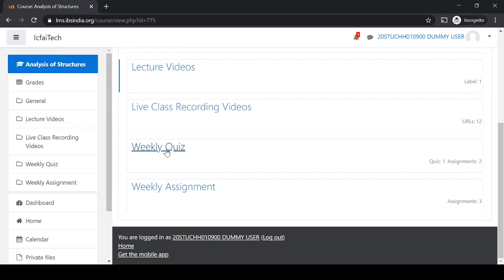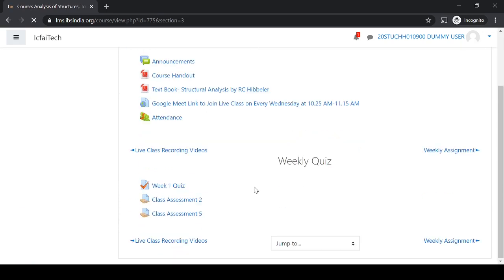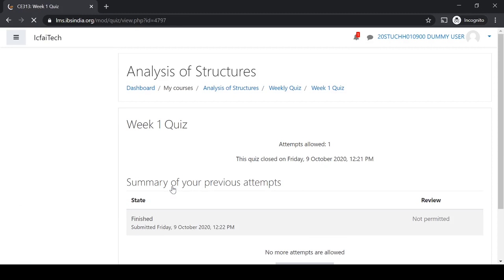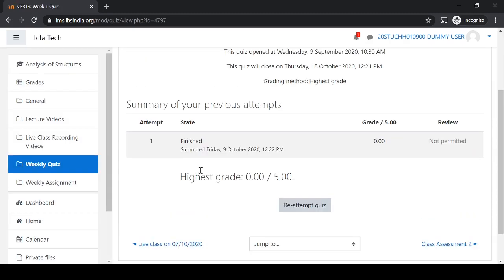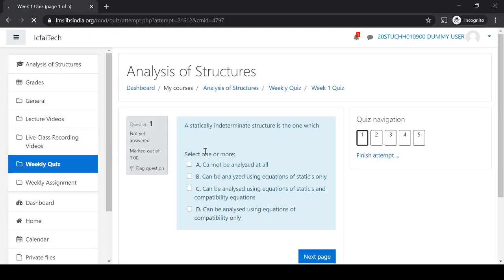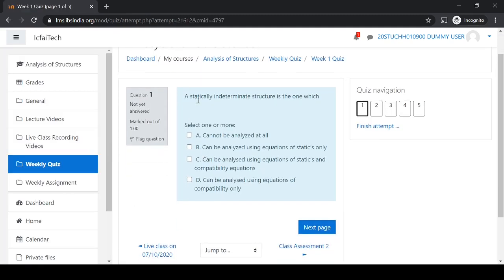Now next, I'll demonstrate how to attend the online quizzes. So click on the quizzes. So here you have many quizzes. Just click on the week 1 quiz, whichever quiz we want to do. So once you come to the quiz page, here you will see attempt quiz. So click on attempt quiz, and the quiz will be started. It may be a multiple choice question, or you may answer something, depending on the IC and how the question is set.